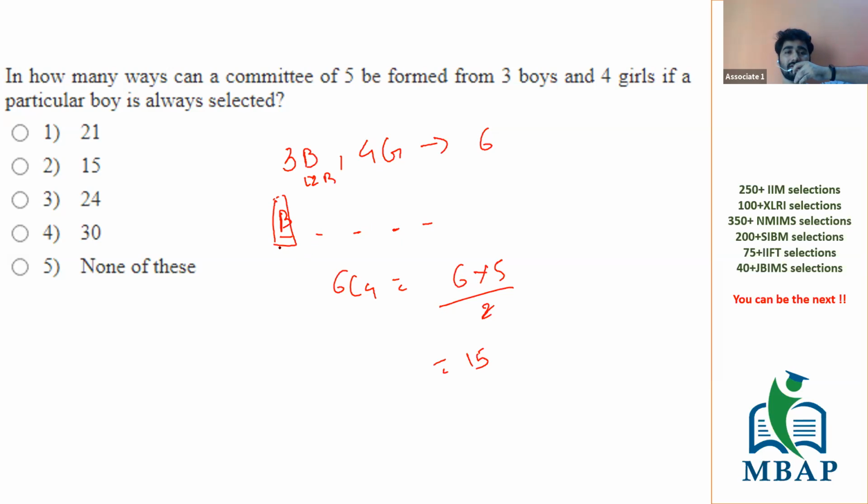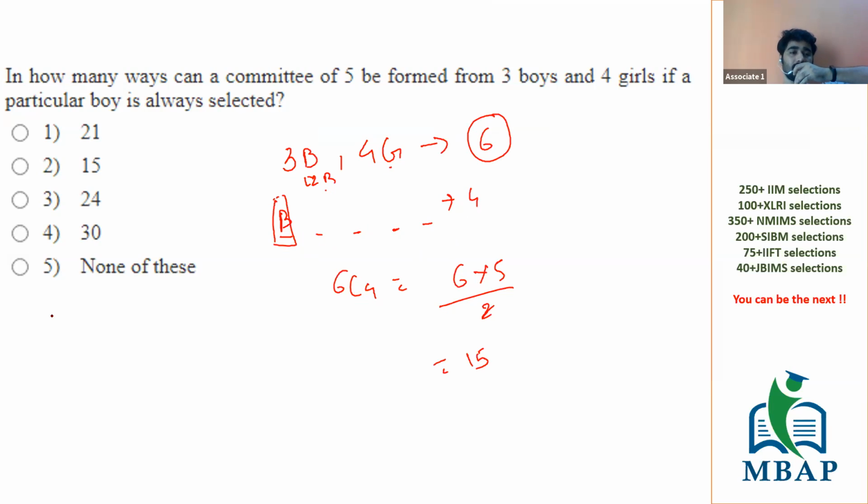There was only one condition, that one particular boy, suppose he's a really hardworking boy, should always be selected, and the rest four can be any of these. So if you look, you have two boys and four girls remaining, so six people are remaining right now, four spaces are remaining. Now you just need to select because you do not need to arrange. There is no arranging, like first a boy comes, then a girl, whatever, or any number of people.